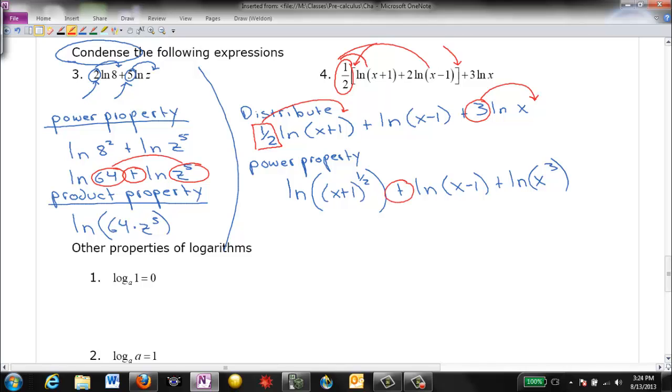And now I see these plus signs, right? Plus signs should be saying product property. So I'm going to go ahead and apply the product property. Since all of those are natural logs, they all have the same base, so I can apply that product property to them and combine those into one natural log. Okay, so I'm going to have the natural log of, and I'm going to start with this guy, x plus 1 raised to the 1/2